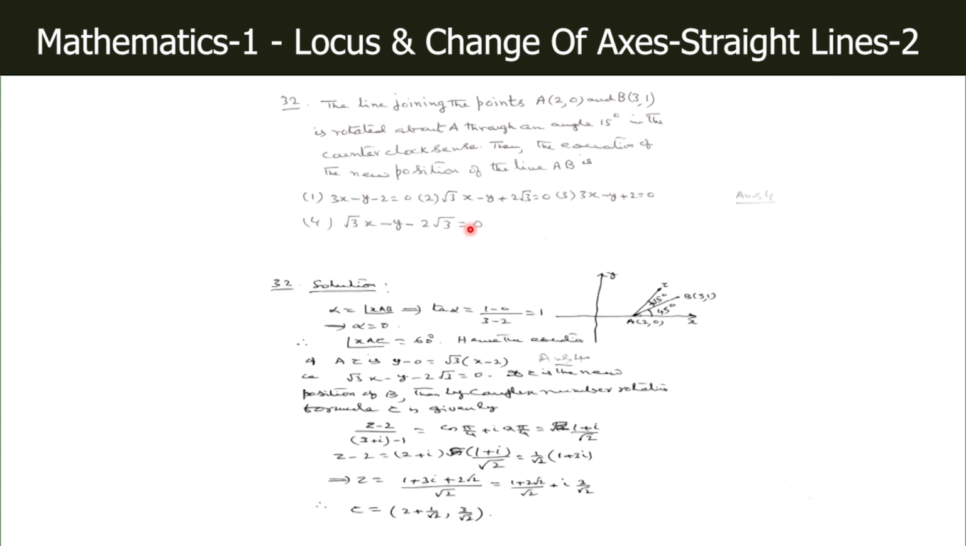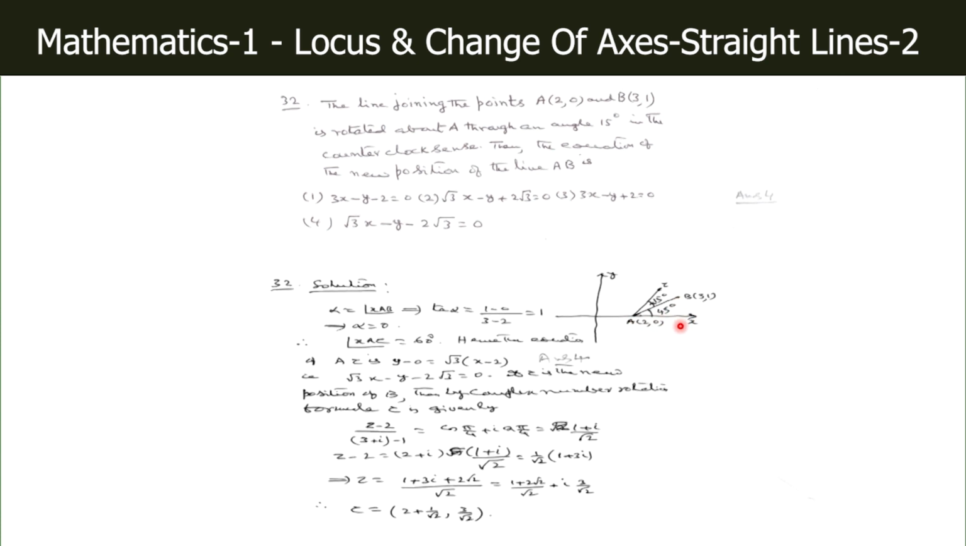So you know that A is (2, 0), which lies on the x-axis, and B is (3, 1). This axis is rotated anticlockwise through 15 degrees. Suppose C is the new position of B. Then AC makes an angle of 45 degrees plus 15 degrees with the positive direction of the x-axis, because